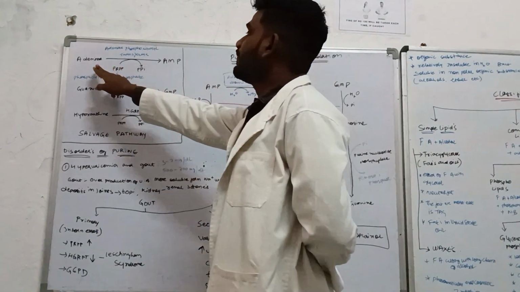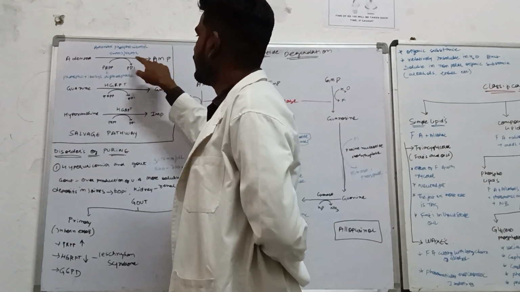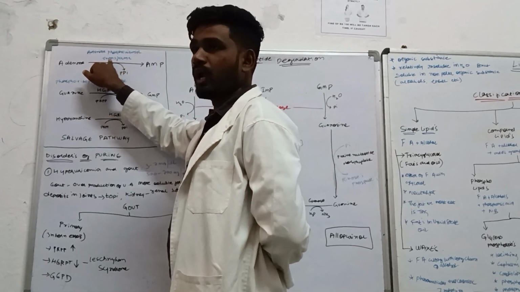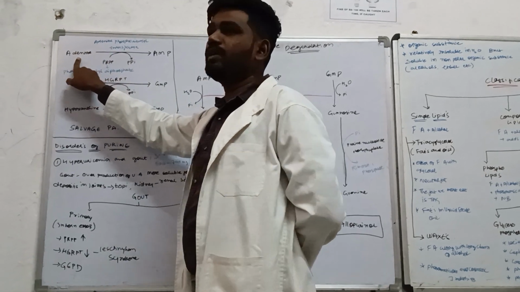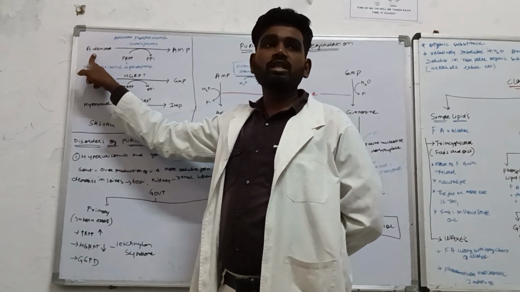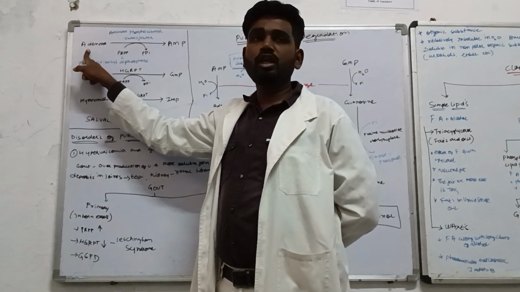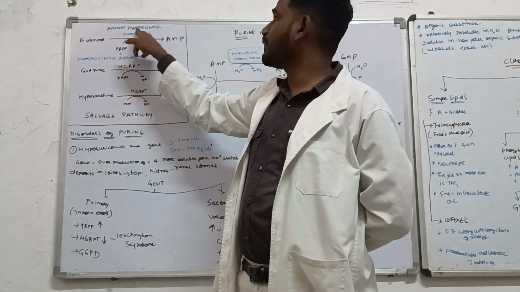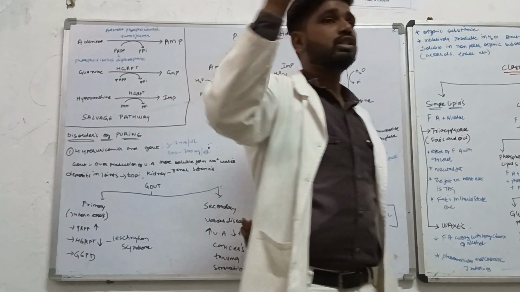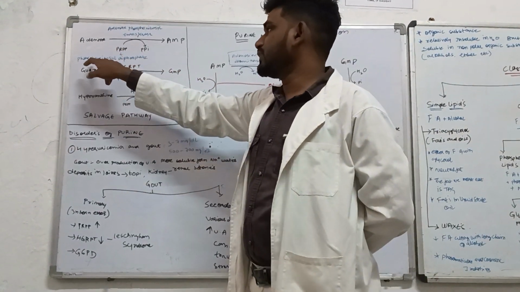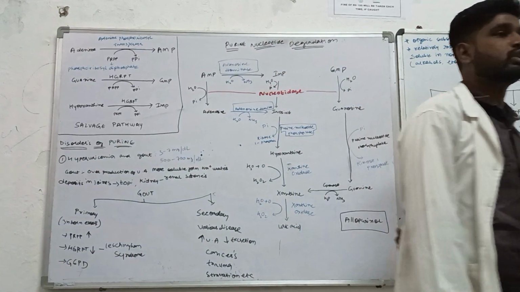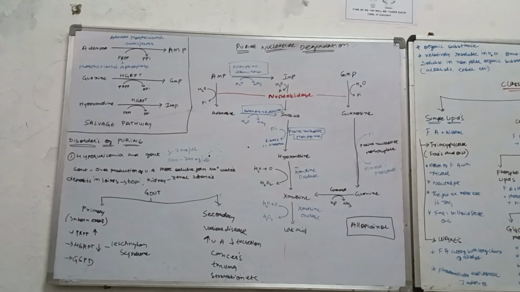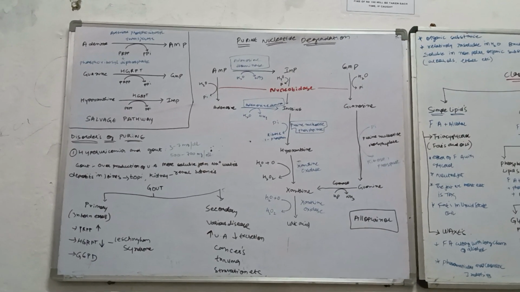Now the adenine, when it is converting into adenosine monophosphate, the enzyme which is responsible is adenine phosphoribosyl transferase. So this adenine is a nitrogenous base. Nitrogenous base, if it wants to turn into a nucleotide, needs to have the ribose sugar along with the phosphate. That ribose sugar is going to be donated with the adenine phosphoribosyl transferase, and the phosphate is going to come from PRPP, that is phosphoribosyl diphosphate, which donates the phosphate group. So that molecule is going to convert into adenine monophosphate. ठीक हो गई बात.